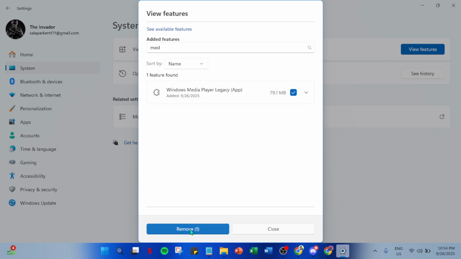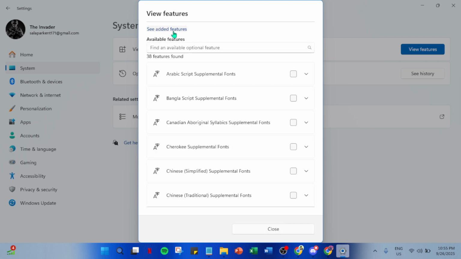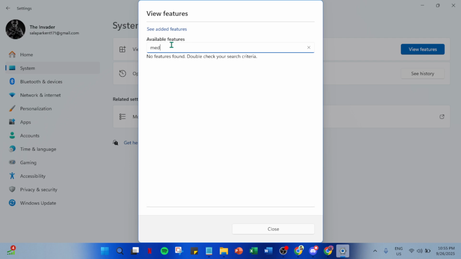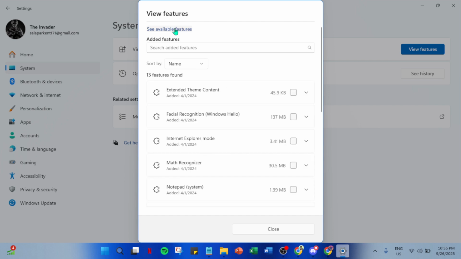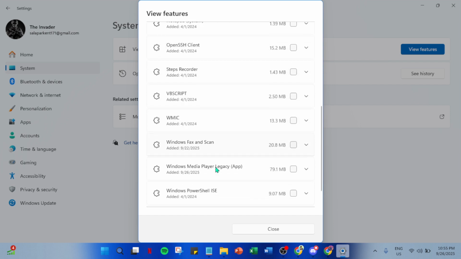After you've successfully removed Windows Media Player, stay in the Optional Features section. Now, click on Add an Optional Feature. This option lets you reinstall the features you may have removed previously or install new ones. Now, you'll want to view and search for Windows Media Player in the list of available features. Simply type Windows Media Player in the search bar and select it from the results. Once selected, click Next and then Add.